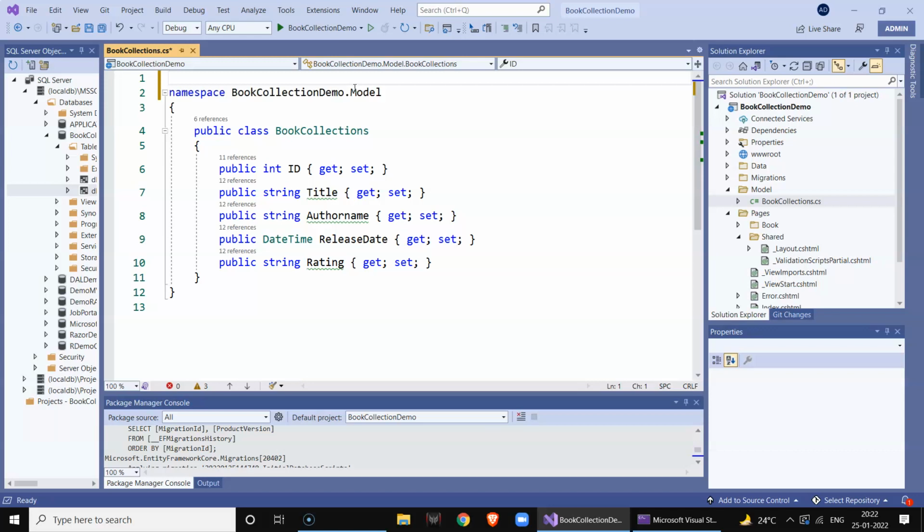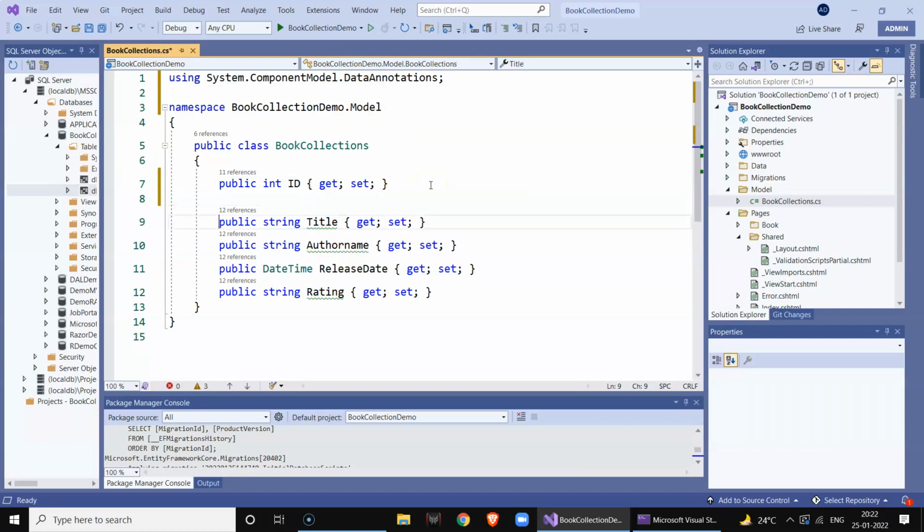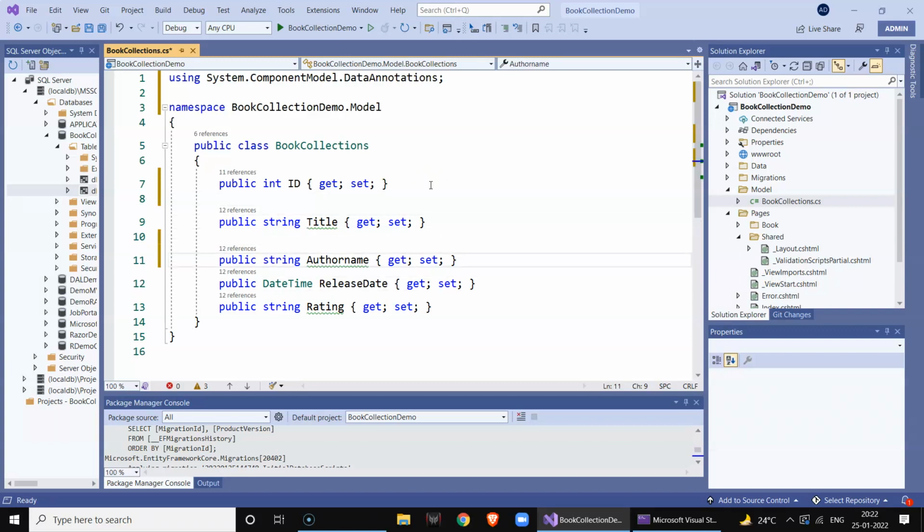First thing, we'll add a namespace, System.ComponentModel.DataAnnotations. Now the second thing is the title. Here we need the author name title to display as author space title. So what we need to do is